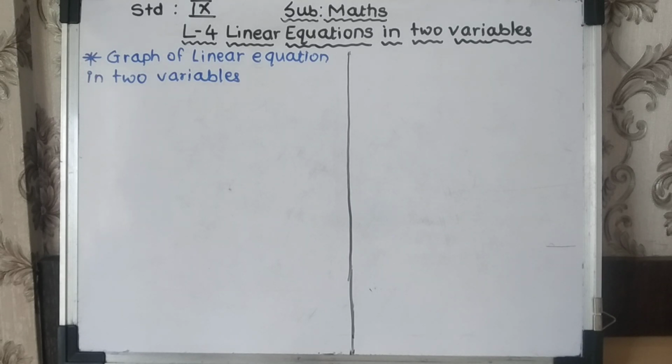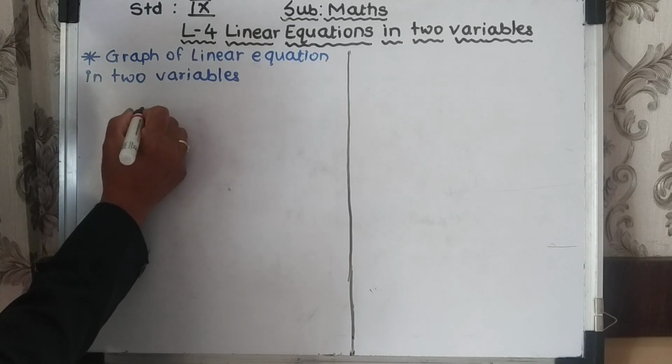So far we have seen how to get the solutions of the given linear equations in two variables. Now we are going to see the graphical representation of the linear equation in two variables. We know that each such equation has infinitely many solutions. How can we show them in the coordinate plane, that is, on the xy plane? Let us see. For that I am taking one example, x plus 2y